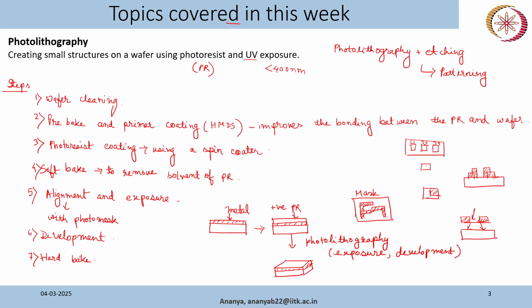Okay, so I made the mask opposite. If it is a positive photoresist, then your mask will be different. This is for negative photoresist, and if you have positive photoresist, the mask will be something like this. Most portion will be black, only the portion where you have this interdigitated electrode, that portion will be